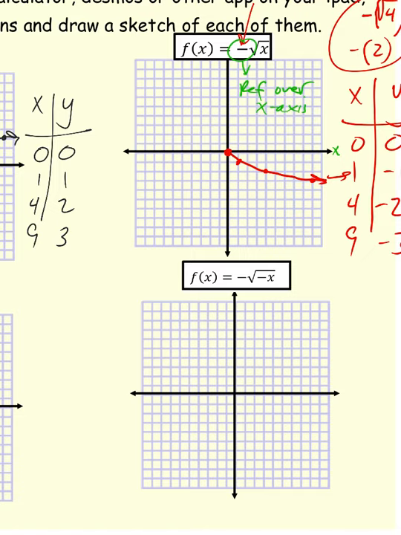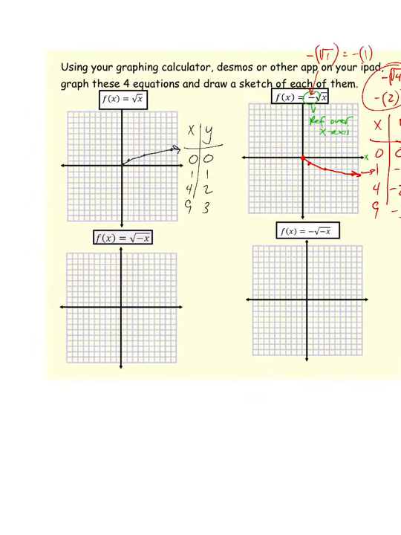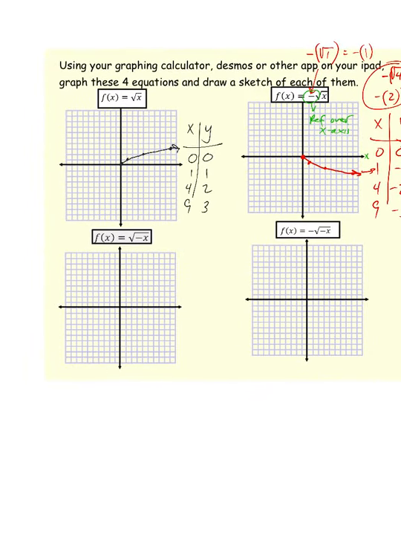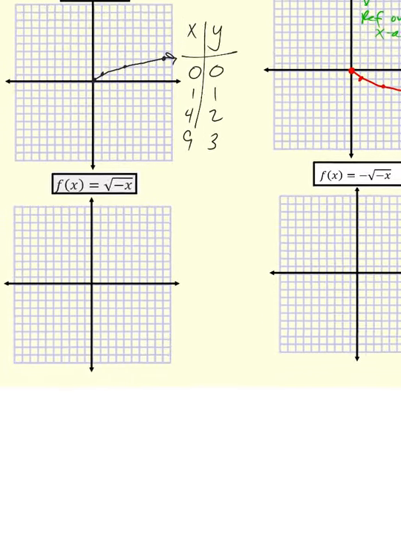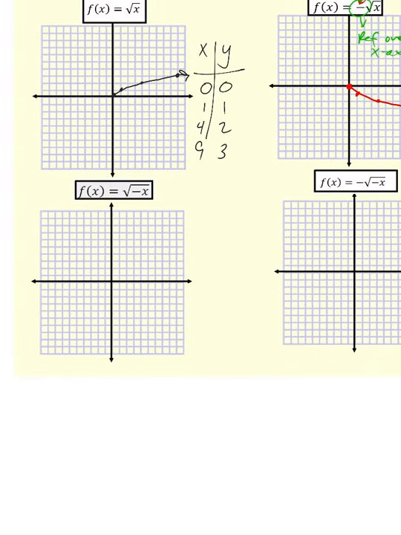So if they were negatives to start, they'd go to positive. If the original y was positive, it would go to negative, as happened here between that first black graph and the second red graph. Now, if we look at this third one here, the bottom left, now the negative is inside the radical. Okay, so this we've got to really think about,